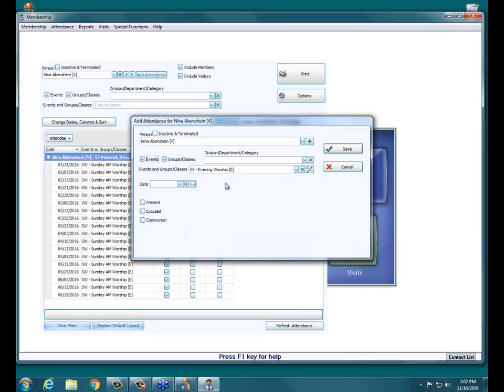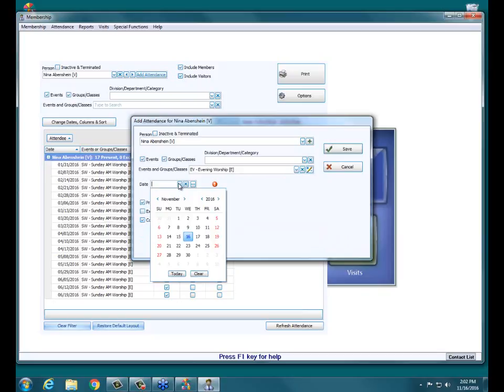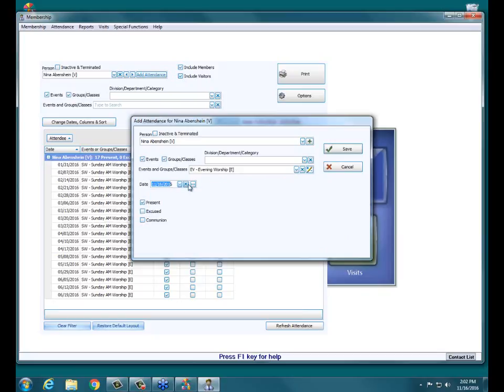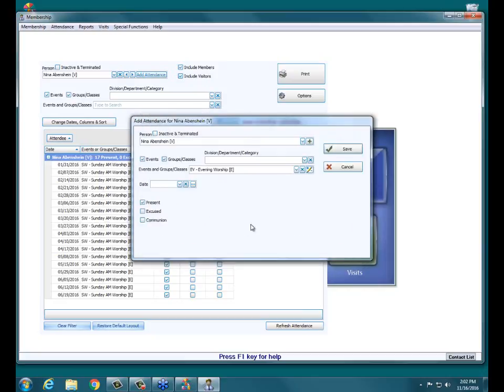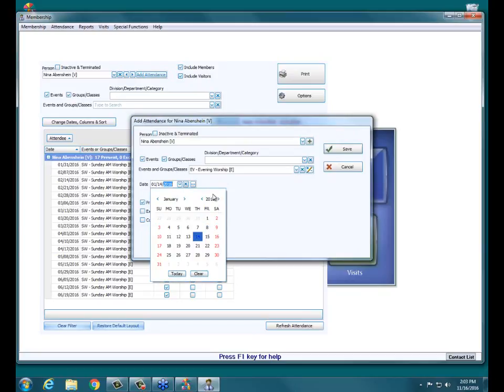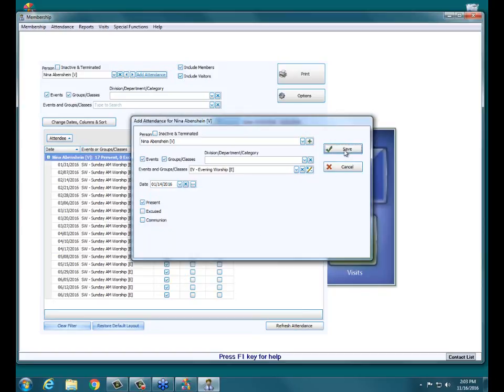So let me just select, say, evening worship, and I'll say she attended and communed, and I have to select the date as well. That's an error message. I'll have to let the developers know. You can either type in the date, so let me do 01/14/2016, or you can select it from the calendar by clicking on the drop down and scrolling through the various months. So then when I click save,